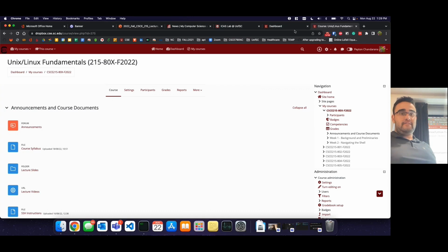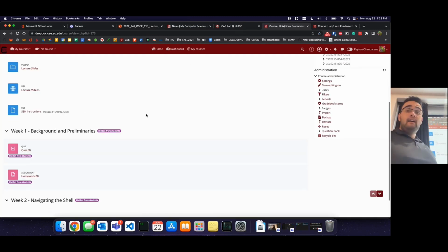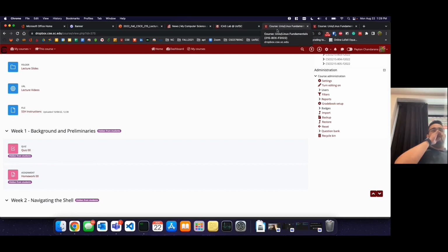Before we do this history and introduction and stuff, again, Dropbox, you go in, you can log in, everything will be here. A quick thing is, in the labs, you'll start learning Unix, Linux, command line, and using the operating system in general. It's just like any other operating system like Windows or Mac OS or whatever.